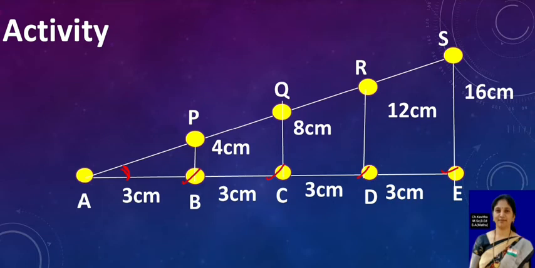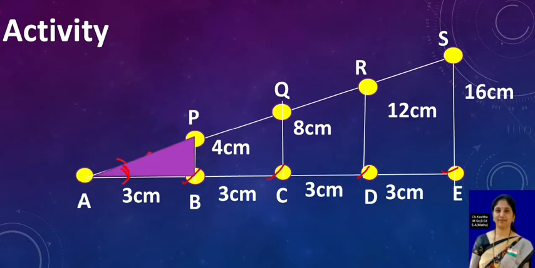Clearly we can say that all these triangles are similar triangles. Based on the angle property, one of the angles is the same and another one is a right angle. Automatically, the third angle is also the same. So we can say that all these triangles are similar triangles. Now just observe that here at A I am taking the angle theta.